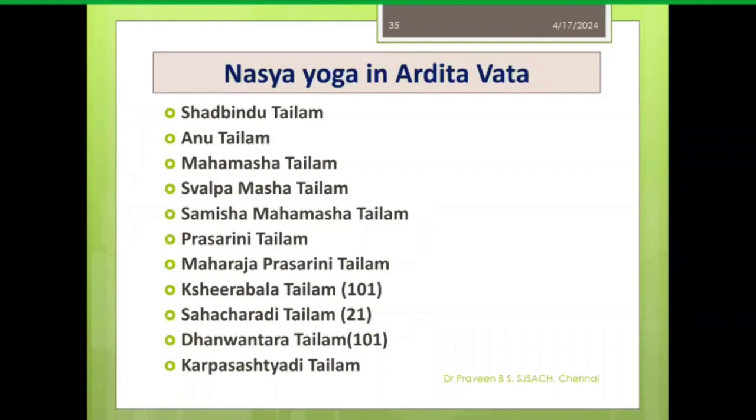However, for Nasya Yoga, you can see Shadbindu Taila, a Navanasya, which is Ushnavirya, and Kaphavata Hara. Anu Taila is a Shamana Nasya, and Mahamasha Taila is Ushnavirya and Vatahara. Sulpamasha Taila is also Ushnavirya and Vatahara. Samisha Mahamasha Taila is Ushnavirya and Brahmana. Prasarini Taila is Ushnavirya and Vatahara, and Maharaja Prasarini Taila is also Ushnavirya. Then there is Kshirabala Taila, a Vata Shamana Taila, maybe Kshirabala